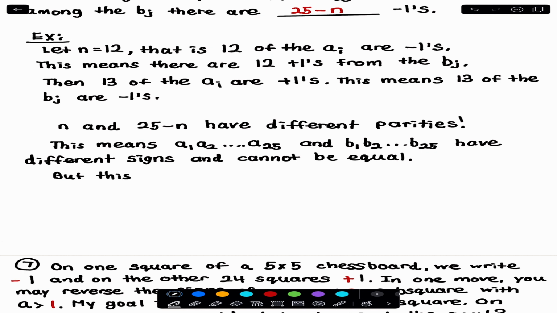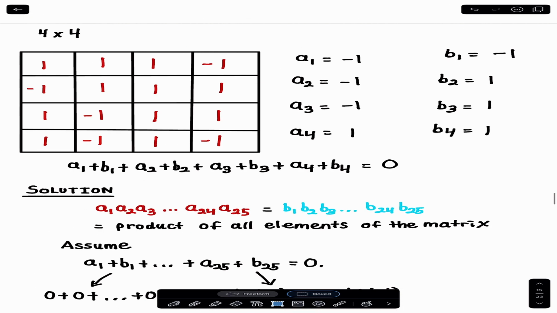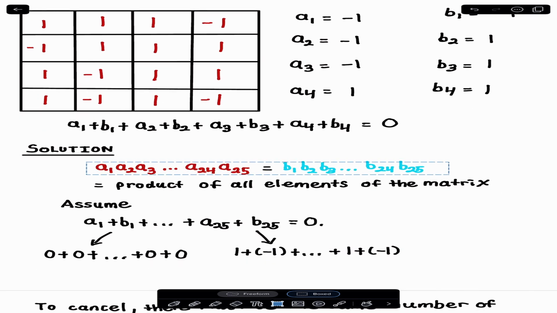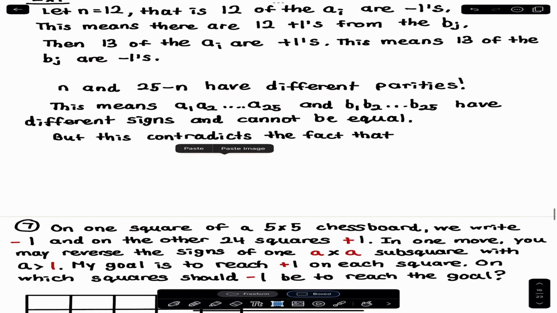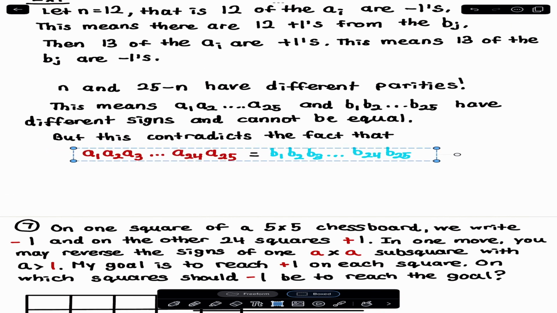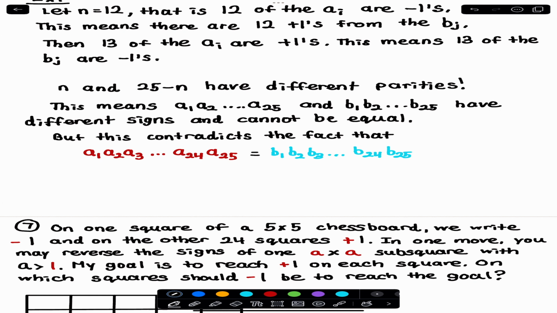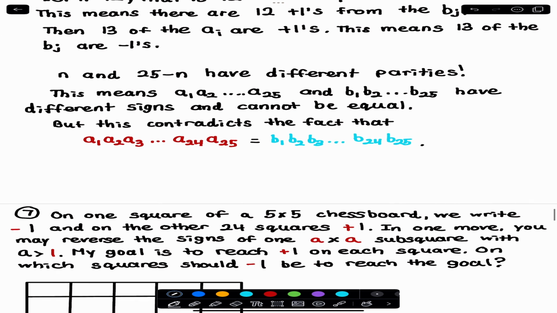But this contradicts the fact at the start that... since I'm so lazy, let's just copy it and just move it around here. Yeah. Okay, this contradicts that. So, therefore,